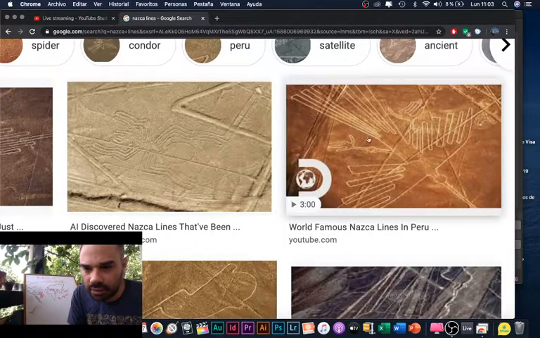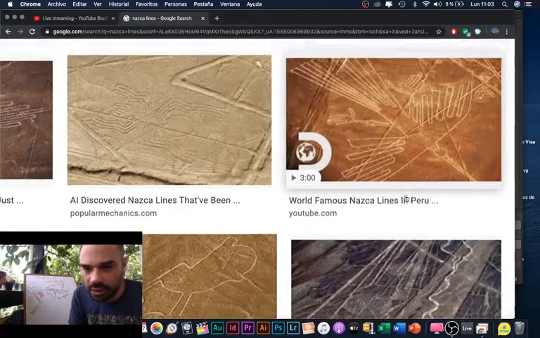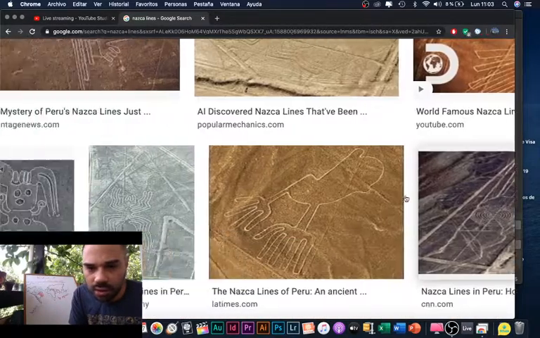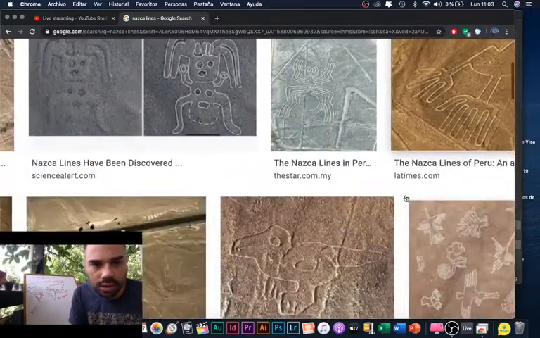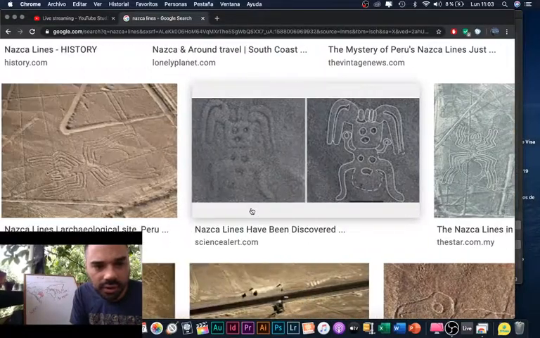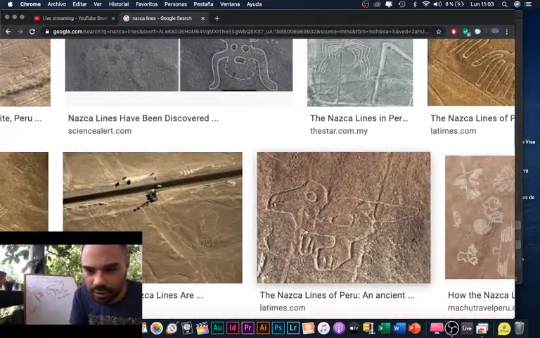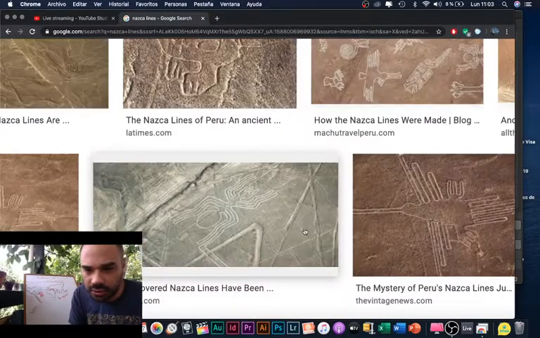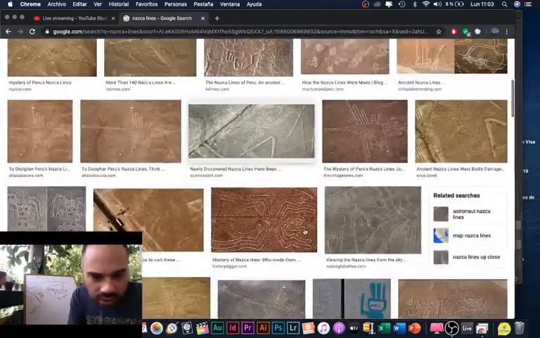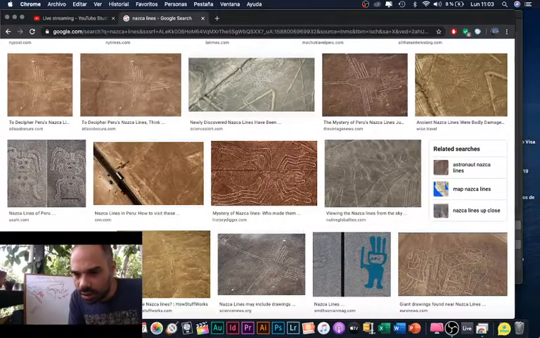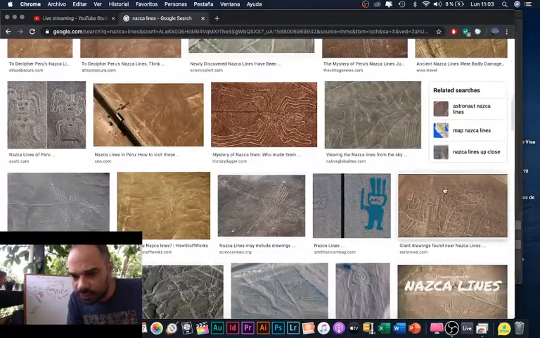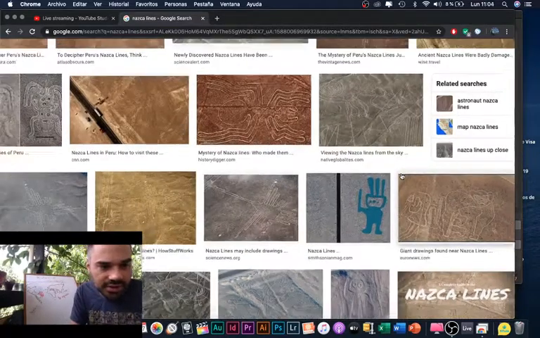We have this, which is like an eagle, or the condor. Like a humanoid. There's like this bird or dinosaur. There's also the monkey. Yeah, there are giant drawings that you can only see from above.